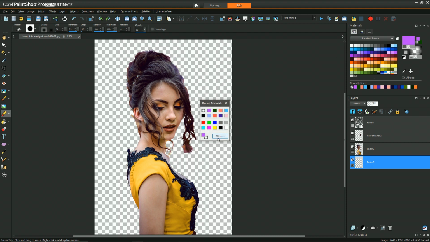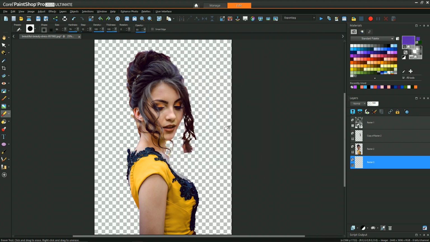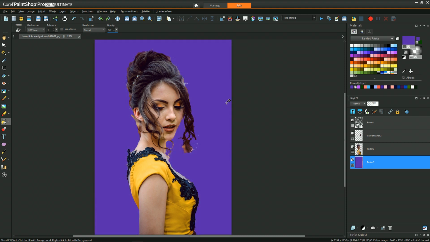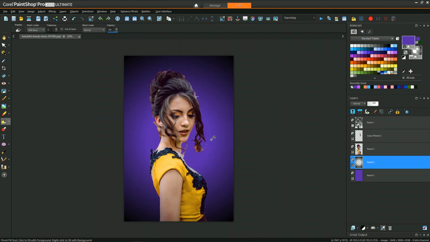So now we're getting into the stage where it's going to be important to see how the image is going to blend with the background as we're about to start blending. So I'm going to add the background color, which is for the sake of preserving that nice contrast of color between the purple and the yellow she's wearing. I'm going to make a purple background. And just to give it some variation, I'm going to add a fill of a vignette. So we have the new background now that we're going to try to put her in front of.